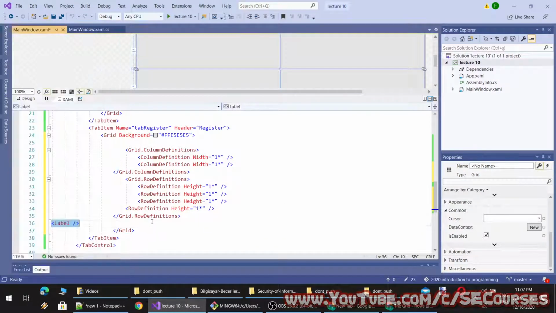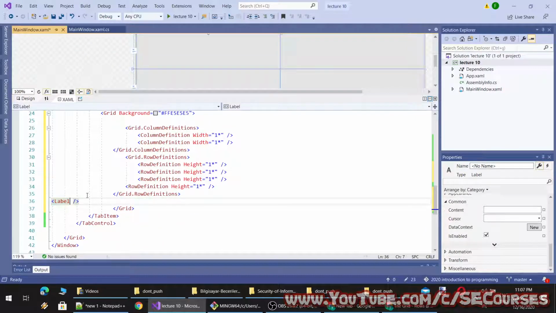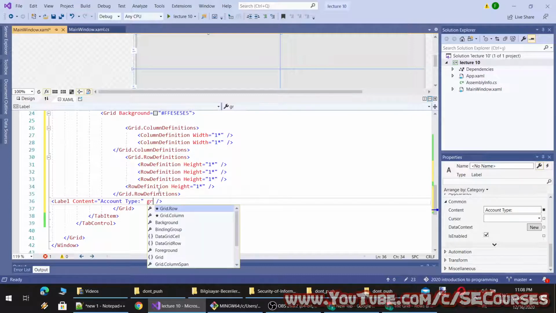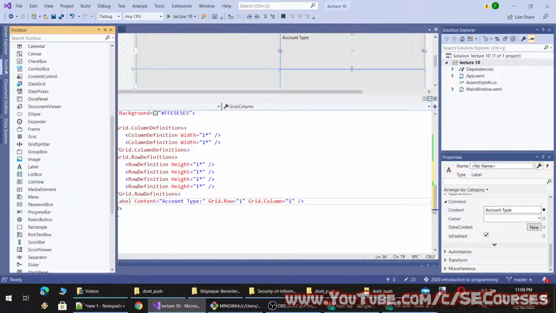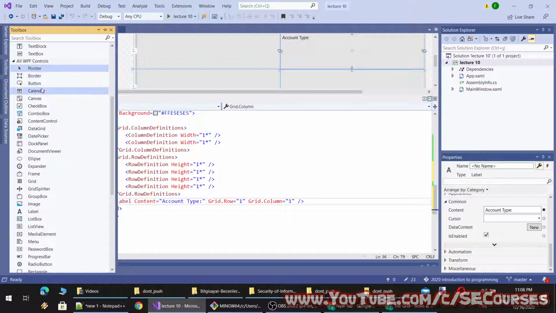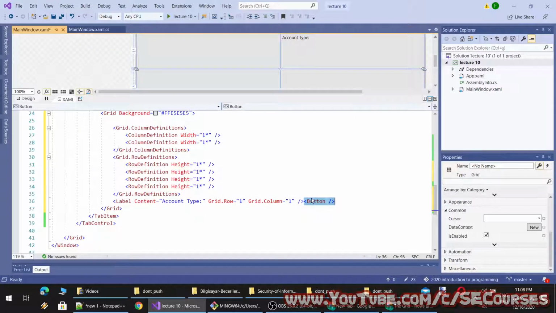Okay, so let's add a label here, and let's make the content of the label as choose account, or let's name it as account type. This will be grid row equal to 1 and grid column equal to 1. Then we will add another button like this, and this will be a combo box.